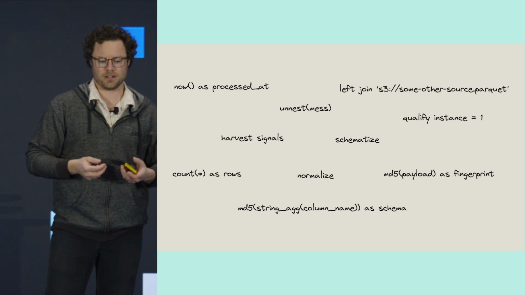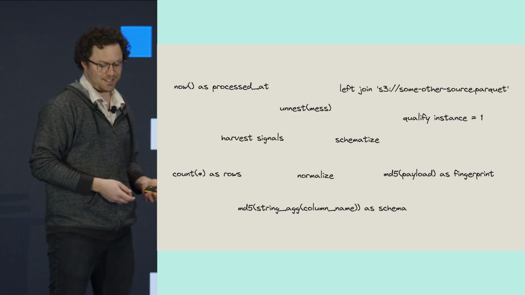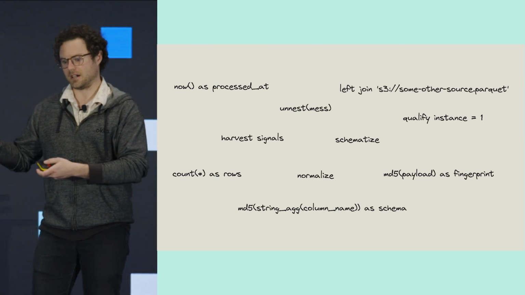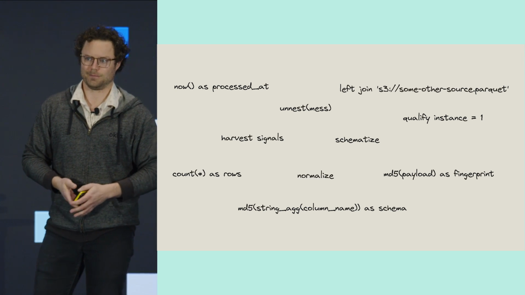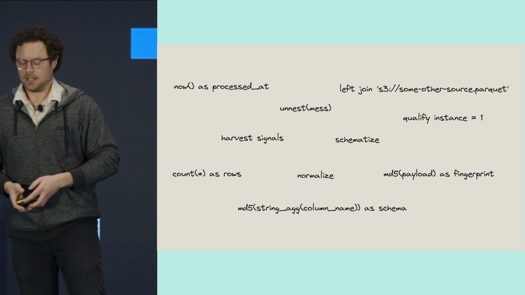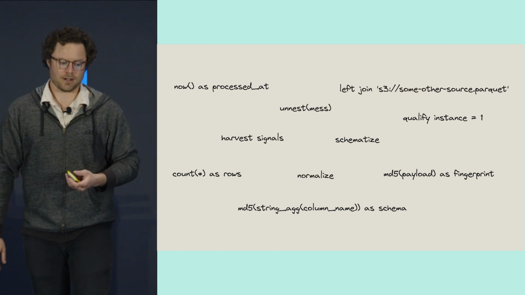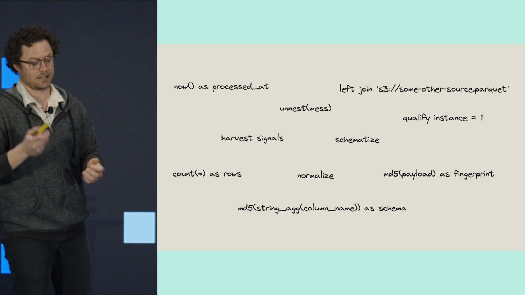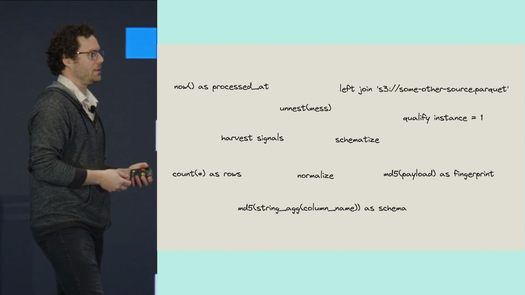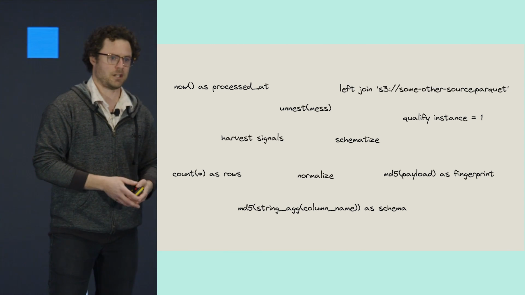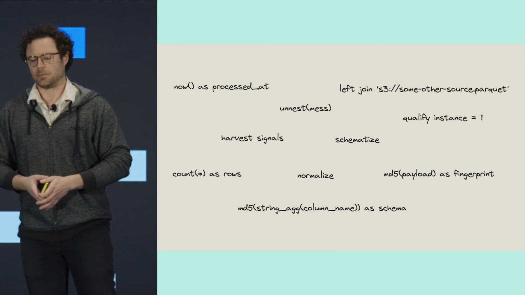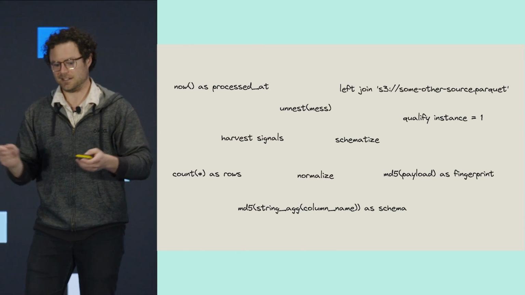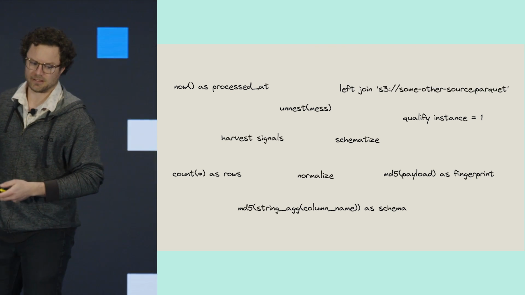And each invocation effectively does this. It does that normalization process. It schematizes stuff. It's all Parquet out the other side with columns and metadata and headers. We ran SQL statements for harvesting signals. We unnested a mess. We appended metadata, like now. Very simple to do, but also very nice because you can measure latencies throughout the whole process. You can measure when it lands. You can measure when you processed it. You can measure how long it took to process on a file-specific basis.